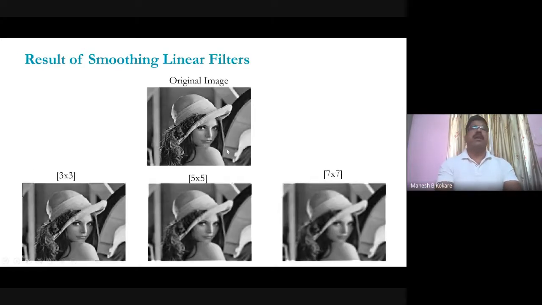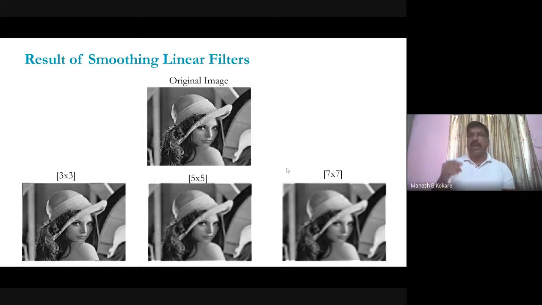And then see the result of the smoothing filter, the linear filter. This is the original image, and then this is the simple averaging filter of 3x3. You get the output like this. If you increase the filter size, you get the output like this, and if you increase the filter size again, you get the output like this. So as you go on increasing the filter size, there are chances that your image may get more